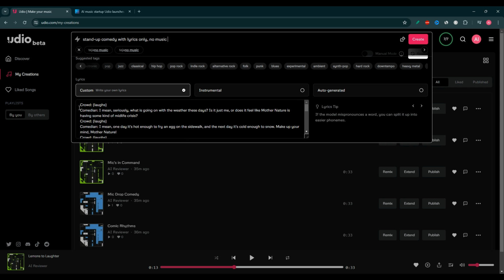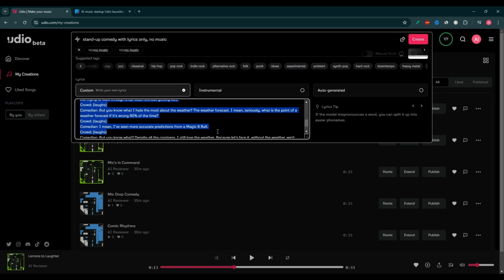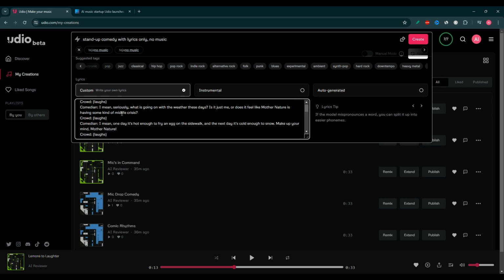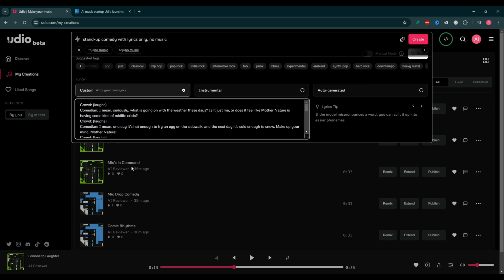This one, for example, I used Perplexity, just asking it to generate for me some sort of simple stand-up comedy sequence about weather, and within seconds Perplexity created this one for me. You can do the same thing, or you might have your own idea.